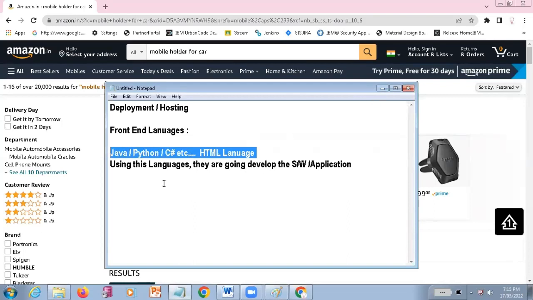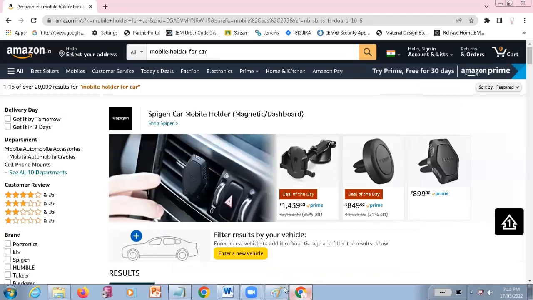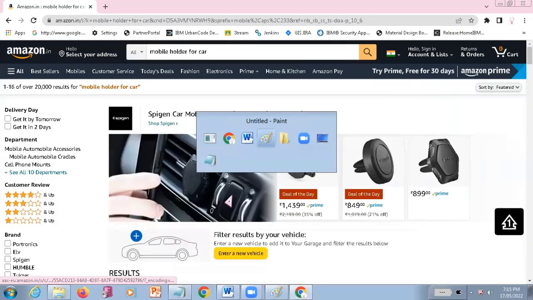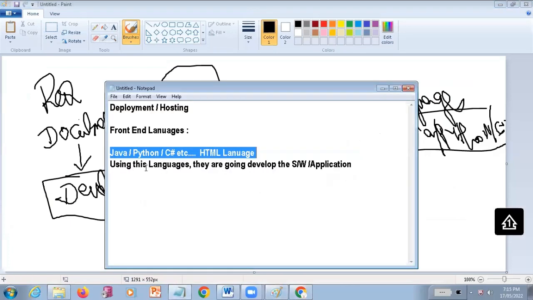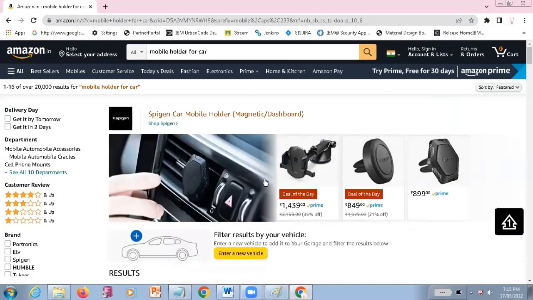So using this we are just going to call it a front end language. Why are we calling this a FE language, or front end language? Because all these things are displayed in the front for the users. So users are able to view all these things, and then we make it a front end. See, already for designing where to keep this image, where to bring all these things